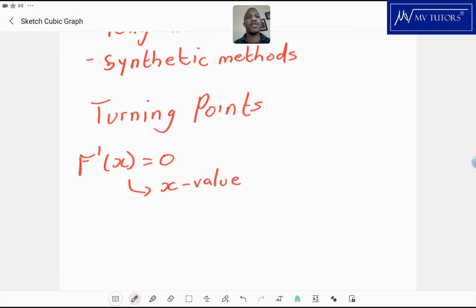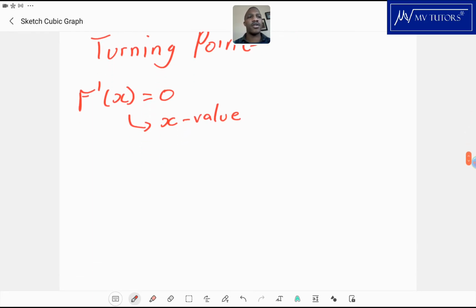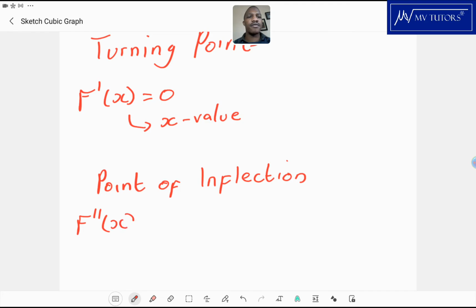Okay, that's going to give you the x value of the turning points. And then to get to the point of inflection, what you have to do is take the function and get the second derivative, equate it to 0, and likewise you get the x value